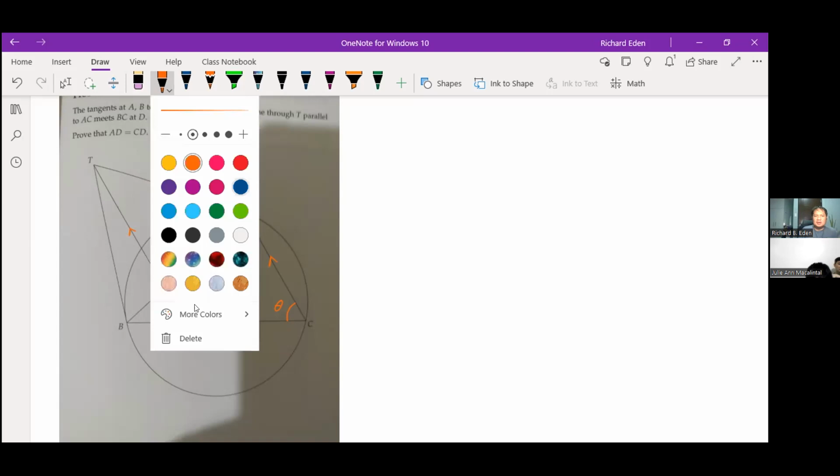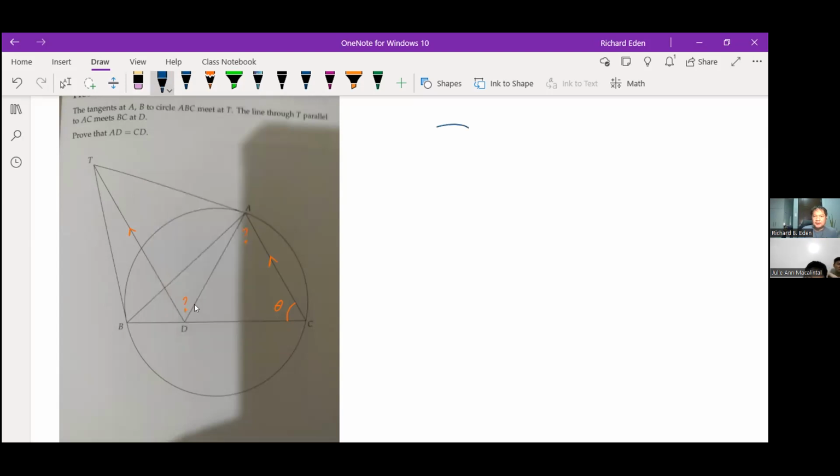One of the properties that I remember from inscribed angles: suppose we have these two points. Any inscribed angle, if that's theta, then any other inscribed angle on the same arc is also theta. But one other angle I remember being theta is the following. If we take one of the two endpoints, it doesn't matter which one, and then we draw the tangent,